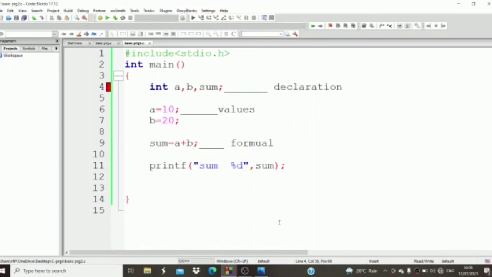I hope you got how we have to write programs. I can even write this declaration as a comment line. In the next section we will learn how to write a comment line.